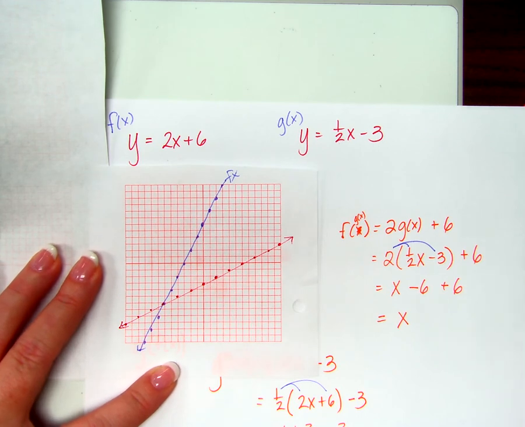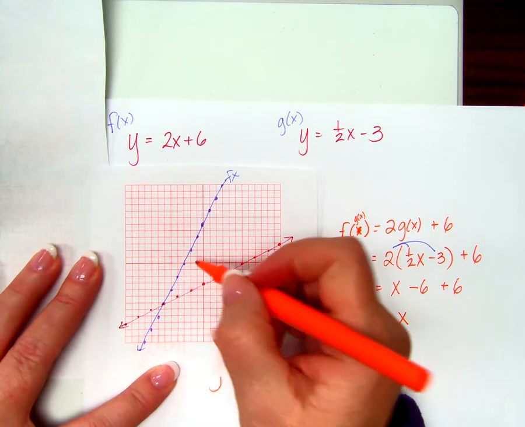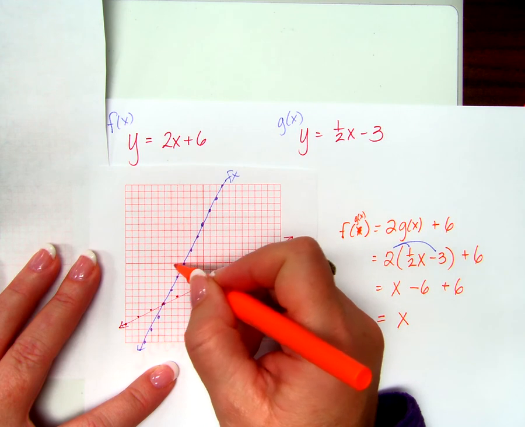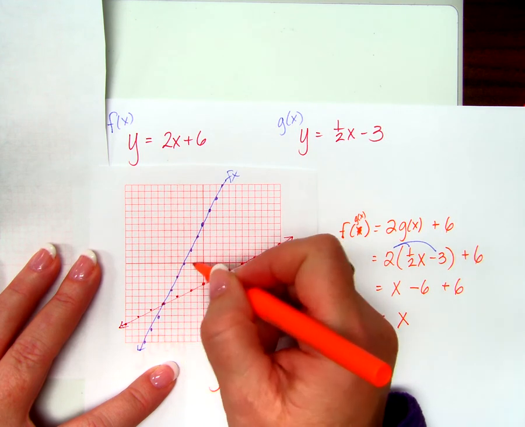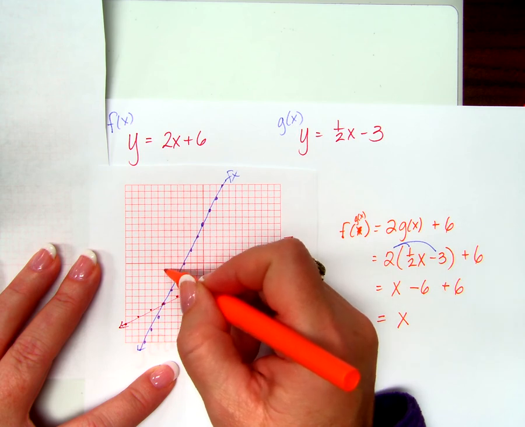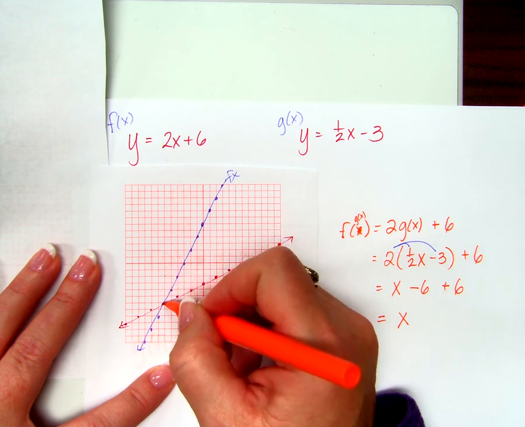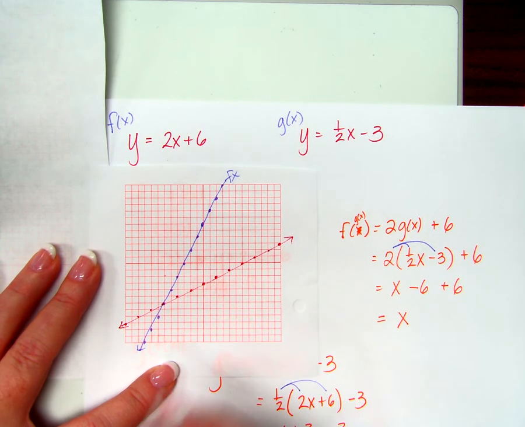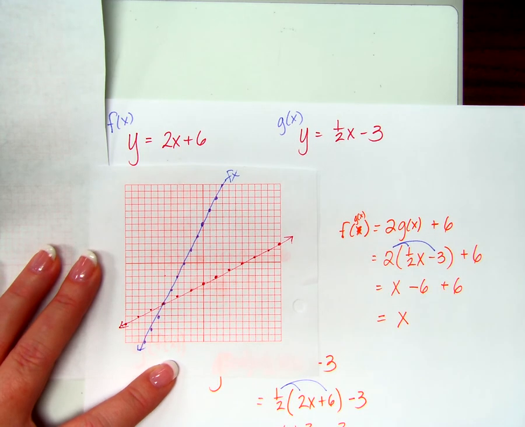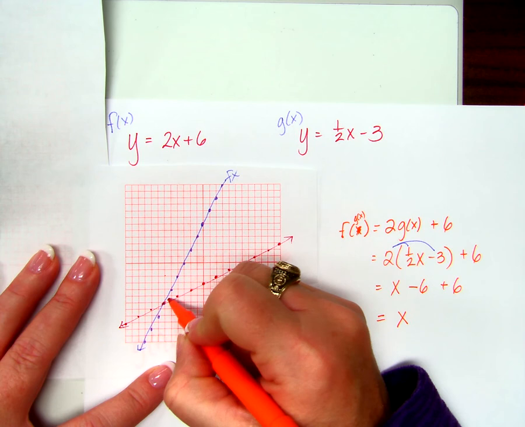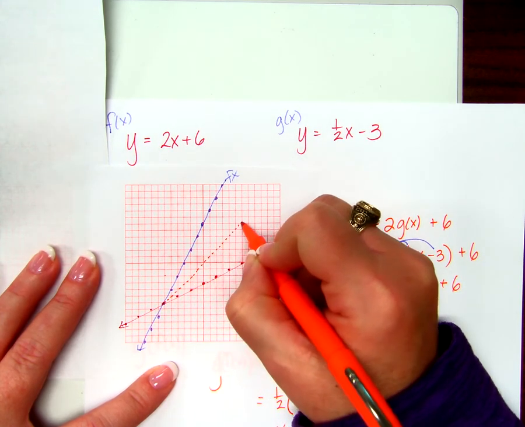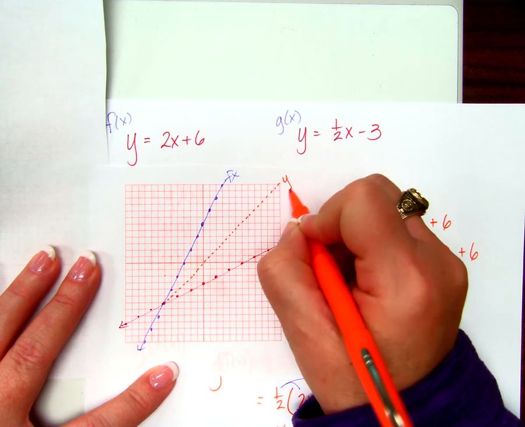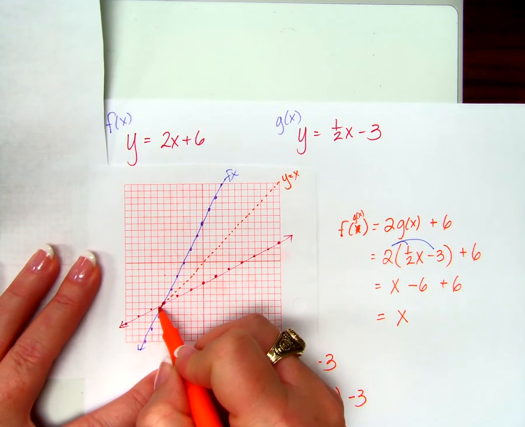Where do they cross? 1, 2, 3, 4, 5, 6. They cross at -6, -6. What's important about that? They both equal the same thing. So if I graph the line y equals x on this graph,